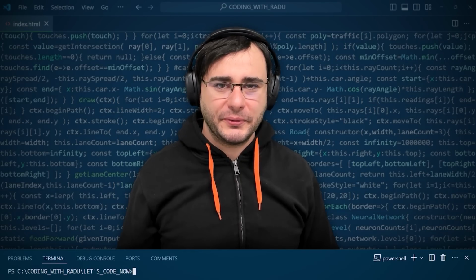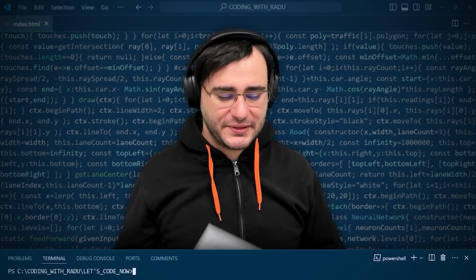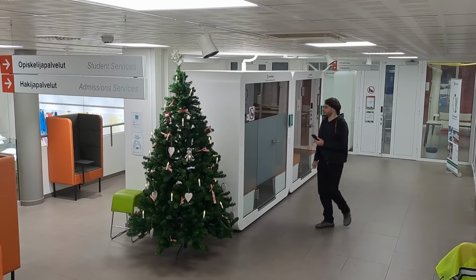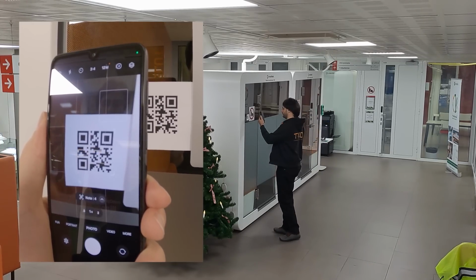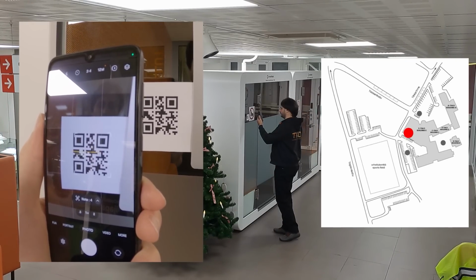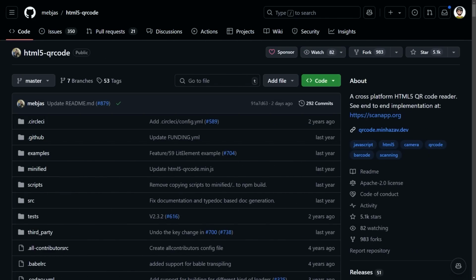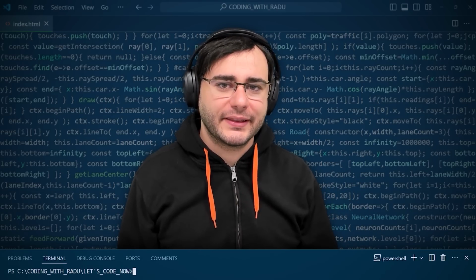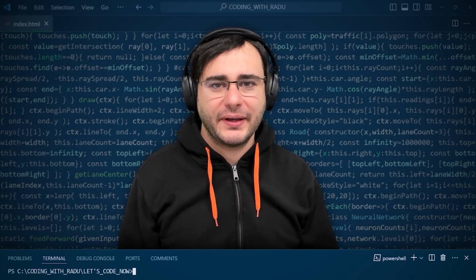Today I'll show you how to build a QR code-based positioning system using HTML, CSS, and JavaScript. It's a beginner-friendly project that teaches some important coding practices, and we also learn to use a library for scanning the QR code. I know, I usually implement everything from scratch, but this time I want things to be simple